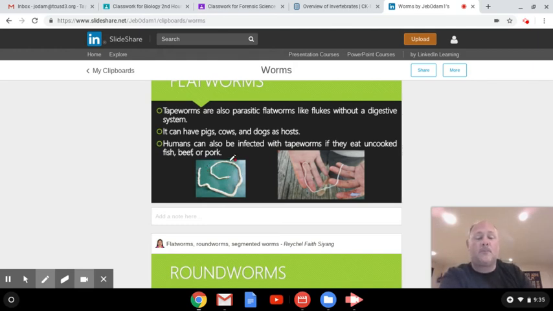Very, very unique structure. If you take medicines for this, a lot of times the head area will stay attached to your intestine, and then the rest of this will get pooped out at some point. That's what the medicine does. It kills the tapeworm. But the problem is these guys are excellent at regeneration. So that head region that doesn't get killed will simply grow another series of tapeworm segments called proglottids until it reaches its normal size. So usually it takes 2 or 3 rounds of medicine to kill that head portion to get all that tapeworm out.